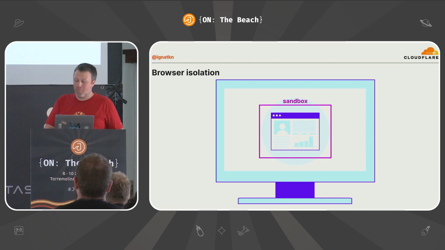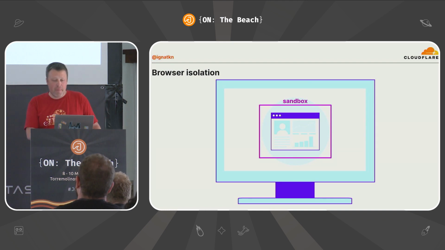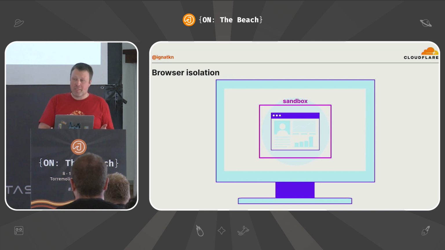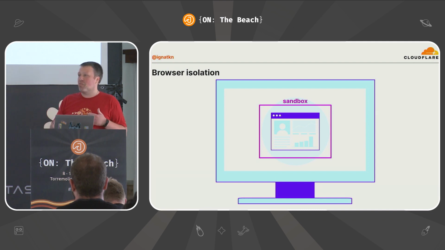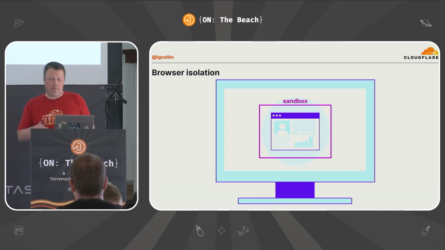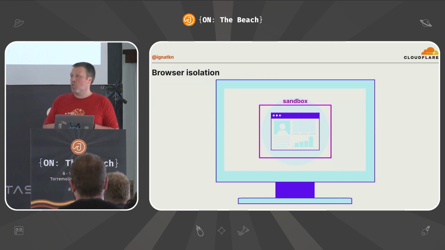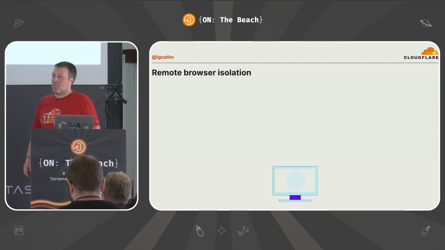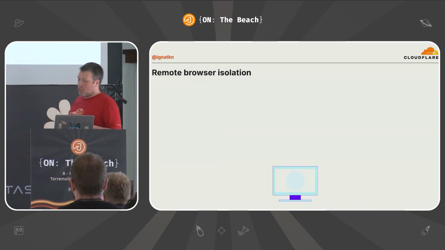If you run programs, you can put them in some kind of sandbox. Google Chrome, for example, has very extensive support for sandboxing their browser to protect from these attacks. But still, there are sandbox escapes because sandboxing is always a race between an attacker and the people who design these sandboxes. They design more protection, but the attackers find more ways to escape. So a more efficient solution may be to just not run your browser locally.